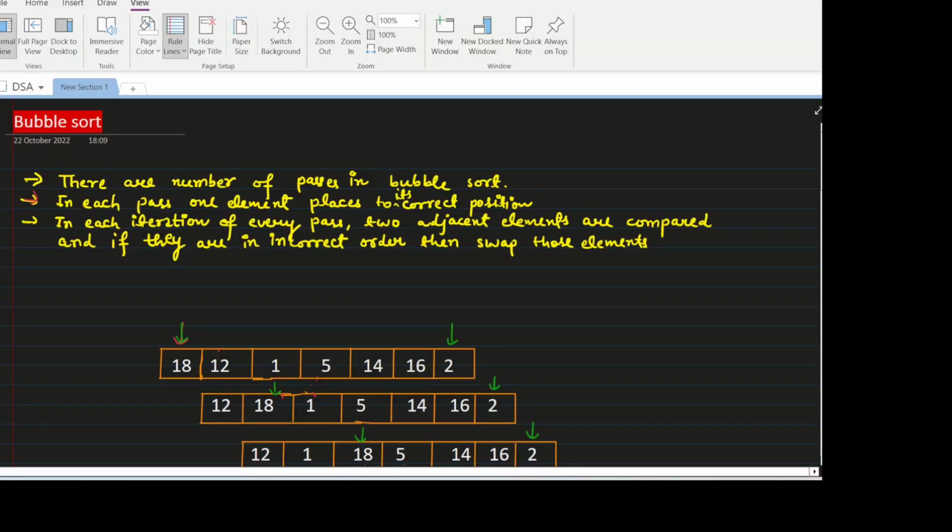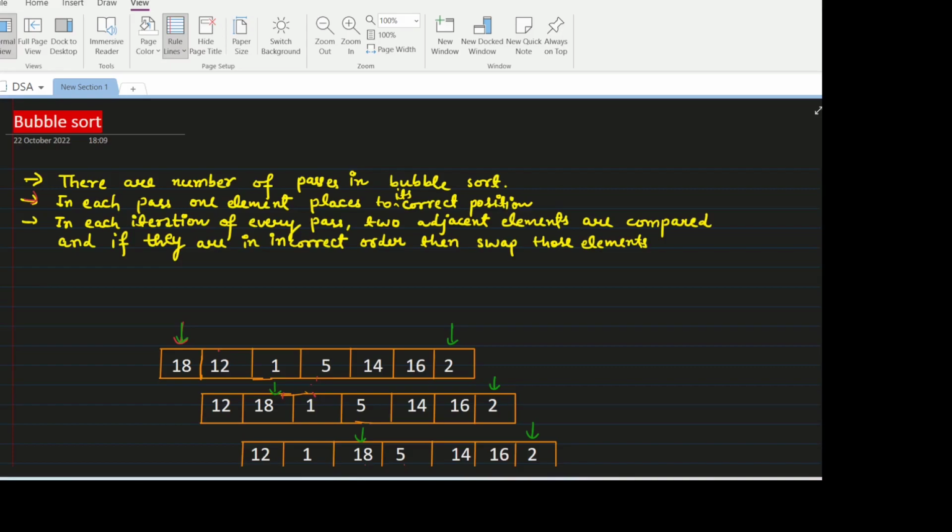In this video, we will talk about bubble sort. In bubble sort, there are various number of passes, and what are the passes? You will understand it better when we discuss the example. In each pass, one element is placed in its correct position. And in each iteration of every pass,